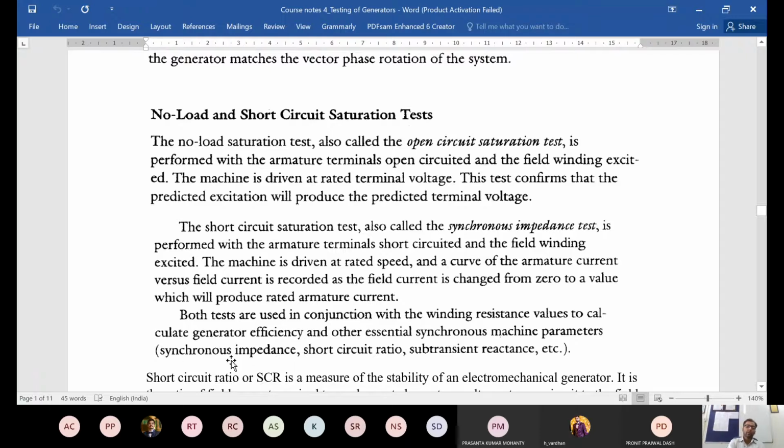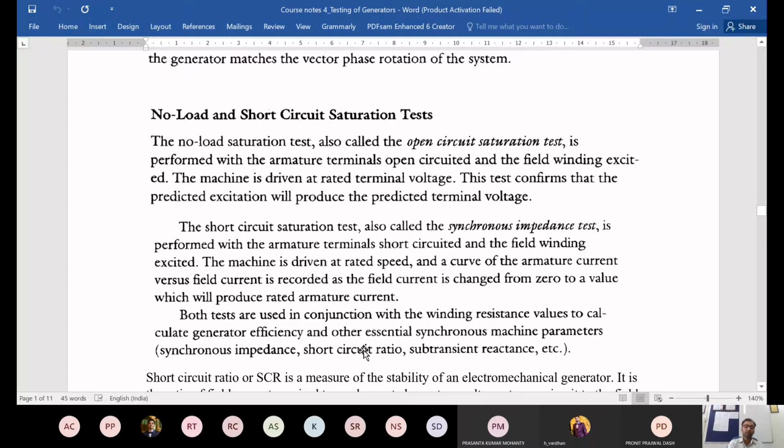Synchronous impedance we have already discussed, and we know sub-transient reactance comes into the picture when there is transient behavior of the machine. During a sudden throw off of a load, a sudden shift in the load, or if a fault occurs in the system, the current will suddenly tend to shoot up. During those conditions, another type of reactance comes into the picture, the sub-transient reactance. That is important especially in fault analysis, because the sub-transient reactance should have a particular value to limit the fault current to a reasonable limit. That is the idea behind that, and we will not go into much detail.